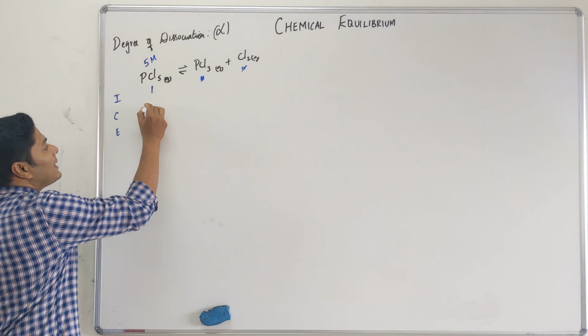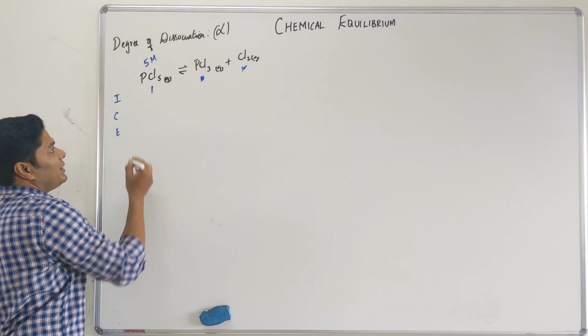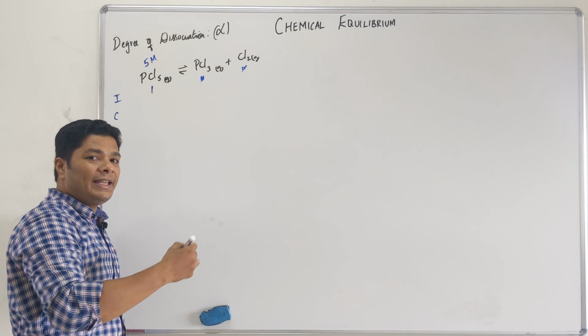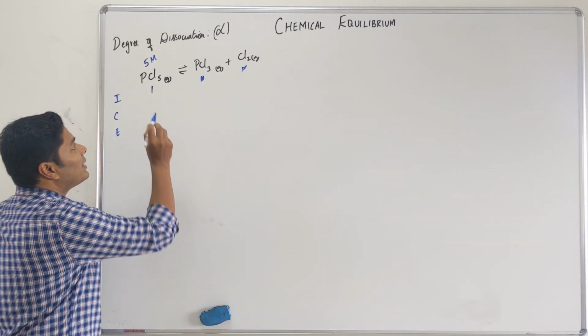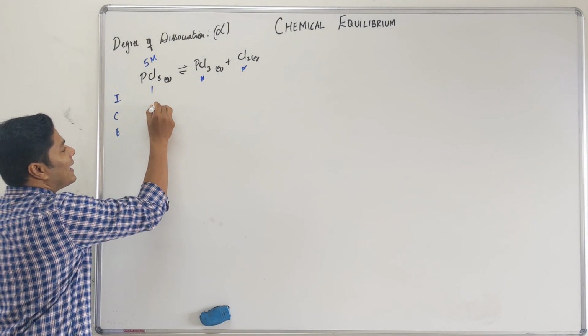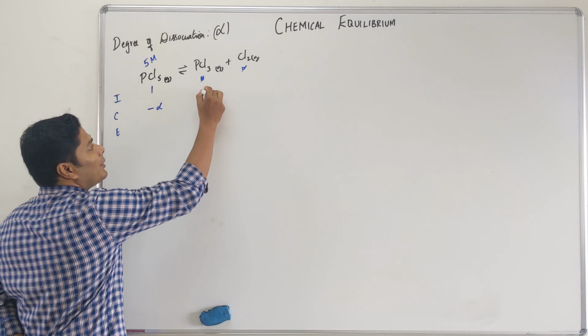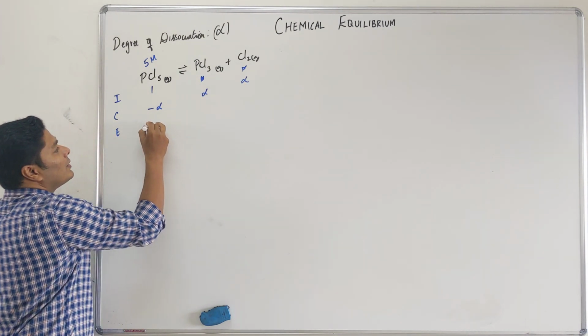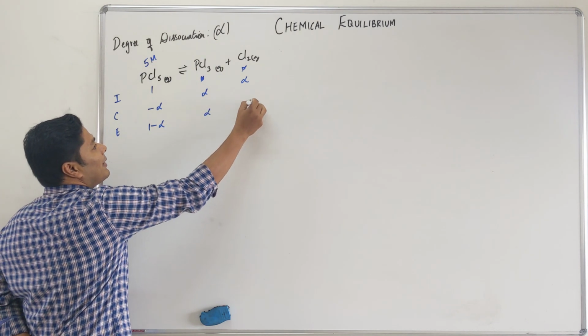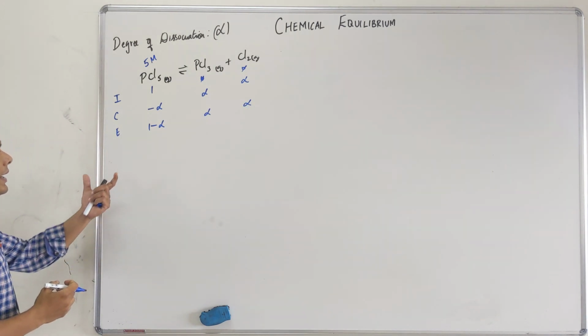Okay. And then how much is going to change? So normally for a given amount, x is the amount of change. Degree of dissociation is alpha symbol, so I'm going to write it as alpha. Out of 1, some unknown amount alpha is going to change. I'm going to get alpha and alpha. This is 1 minus alpha, alpha and alpha. Again, so now I have my equilibrium.